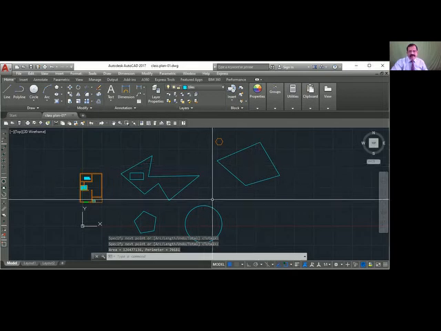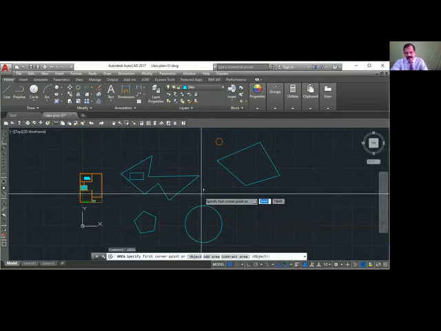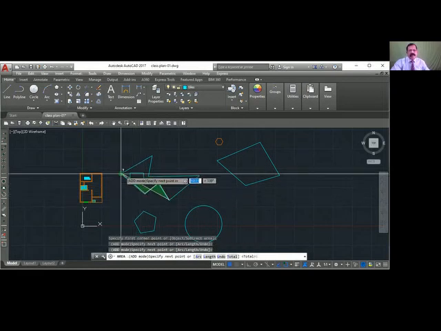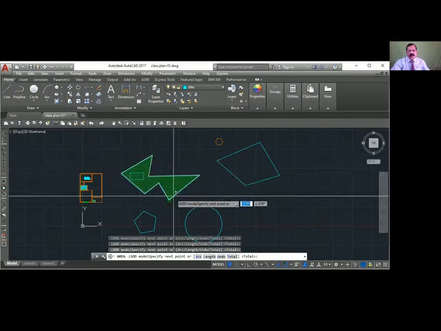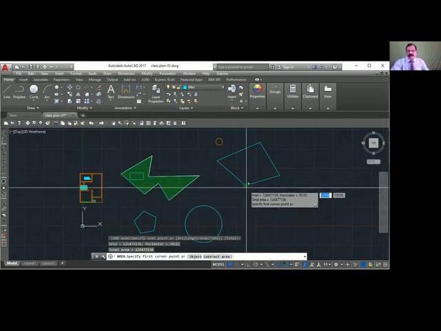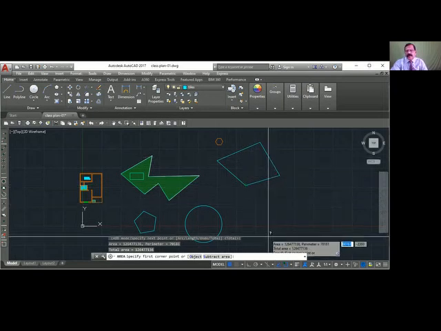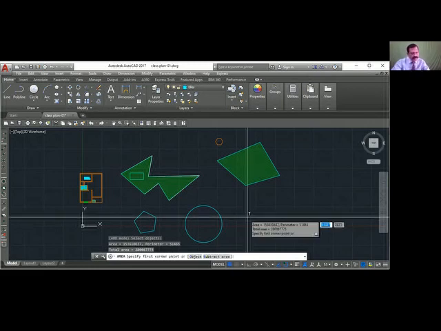So if you want to add areas, you have to say area, add, A. You have to start with A, add. Show the first area. 1, 2, 3, 4, 5, 6, 7, 8, enter. Now show the second area. Second area, I can show this corner, or because this is a P line, I'll say object O, click, enter. So it gives you the full area now.